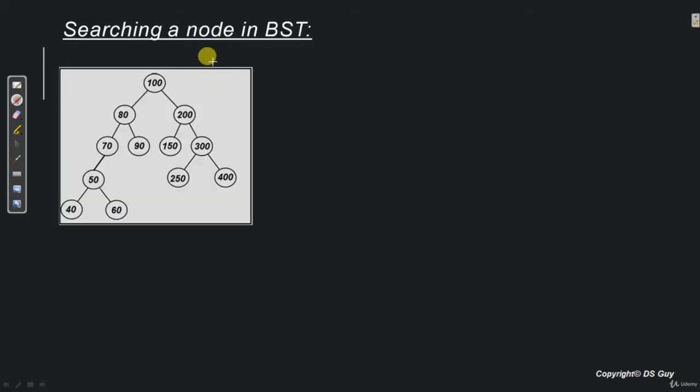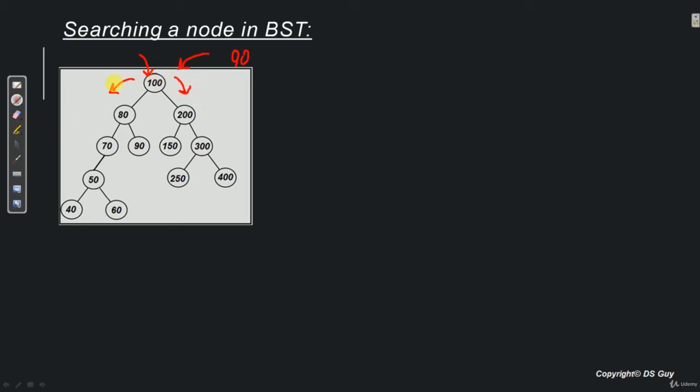So let's say this is our binary search tree and we want to find if number 90 is there in this binary search tree or not. So how do we do that? Very simple. We start from the root node and keep going either towards left or towards right. In which condition we go towards left and in which condition towards right, we'll talk about.